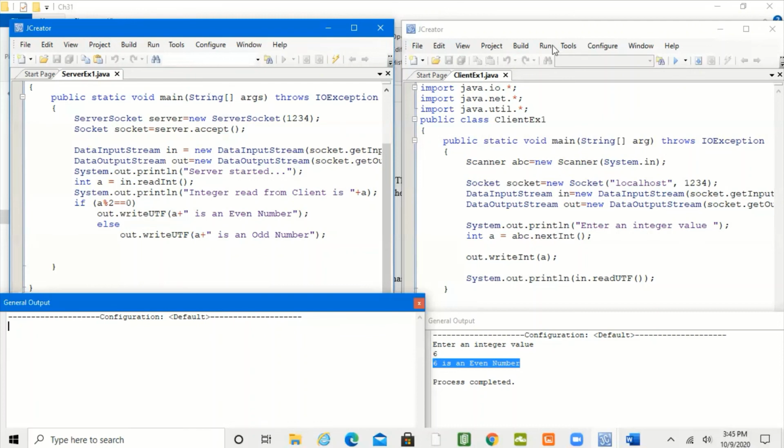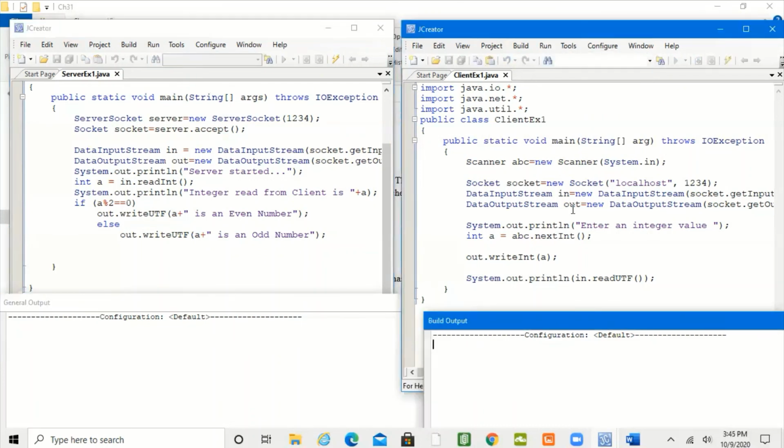And then you run the client program. Yeah, see, server started. Can you see this message? Server started. So the server is working now, started to execute.